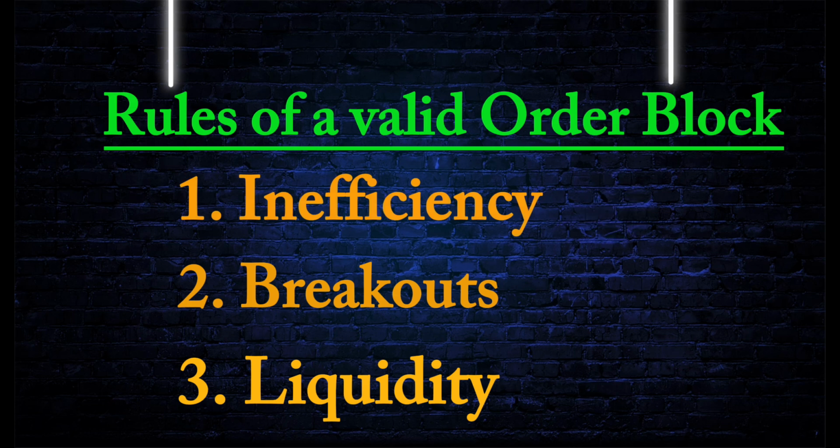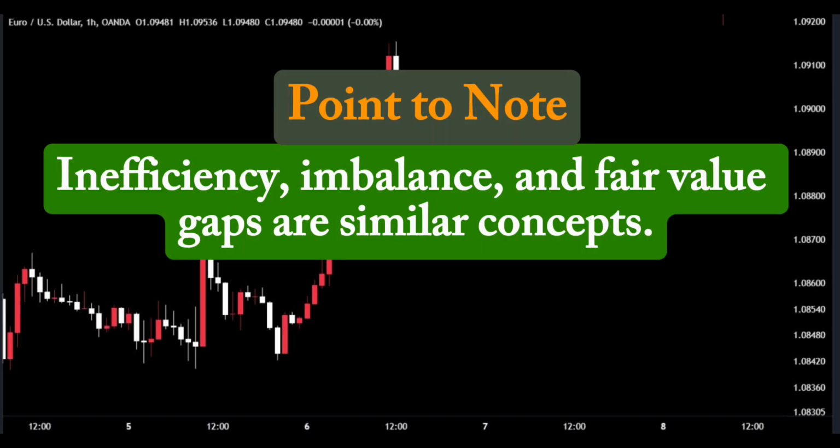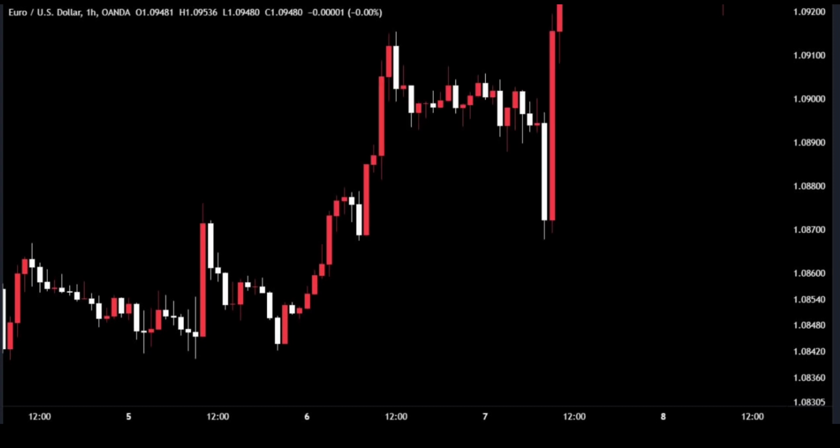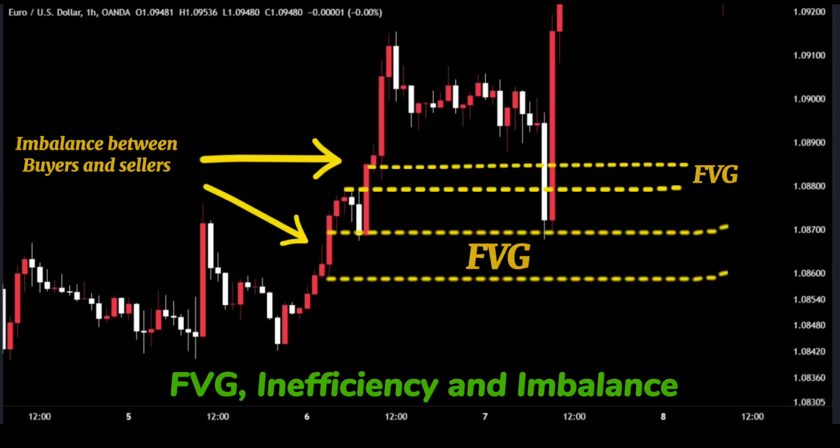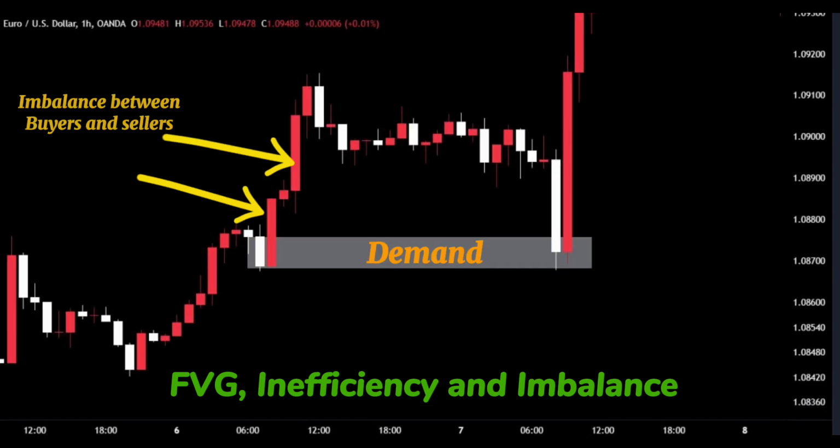Having inefficiency. Note, inefficiency, imbalance, and fair value gap are highly similar concepts. When large amounts of money enter the market and create an imbalance between buyers and sellers, the fair value gap pattern forms between the candles, creating a phase of inefficiency. This movement that has entered the market has affected the price, and price often returns back to these areas to accumulate